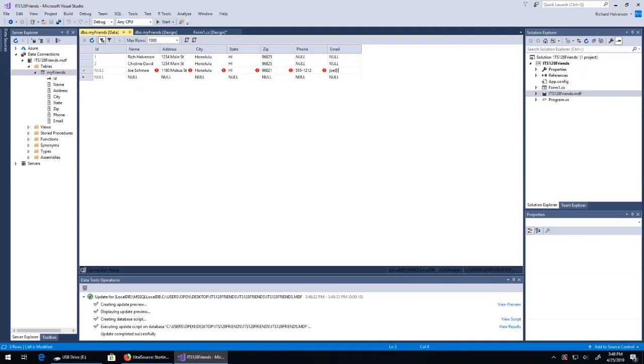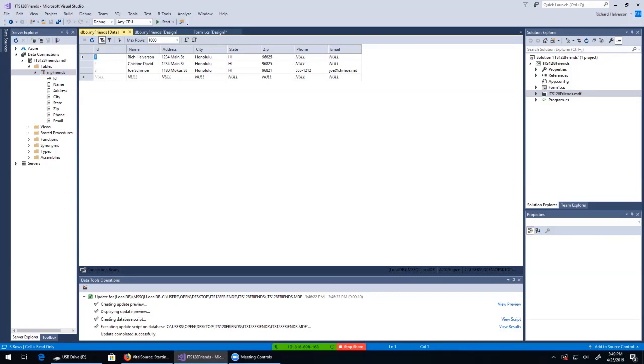Joe at schmo.net. All right, that's fine. So now I've got 3 people in there, and I hope this works. That's if I hit refresh. Okay, so refresh. Okay, so I got a database there,